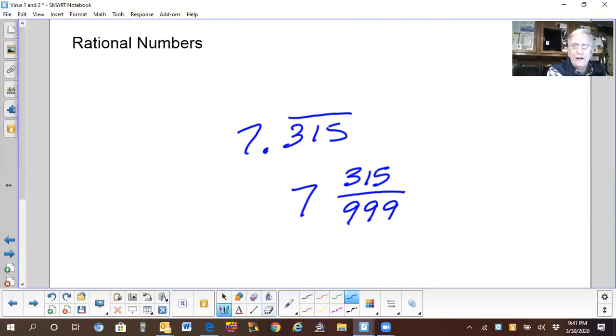Now, I'm not requiring you to reduce that fraction, but if you take a calculator and take 315 and divide it by 999, you will get on your calculator 0.315, 315, 315, 315 forever, okay? So we're going to also talk about ways to change these repeating decimals back into the fractions that they have come from, okay? So that is part of the material you're going to have to know for the upcoming test.